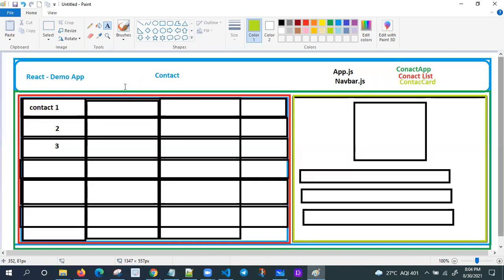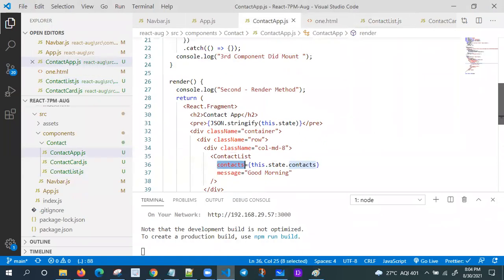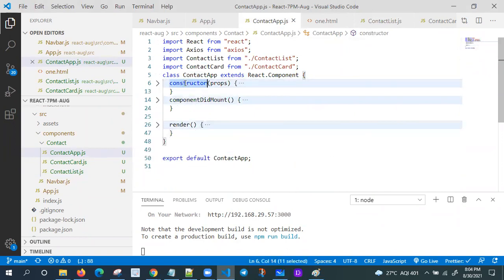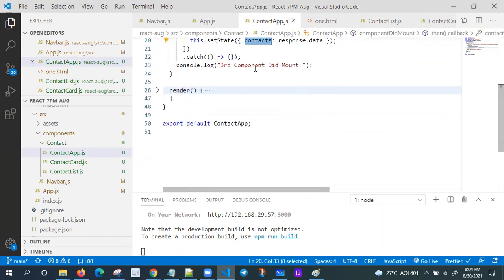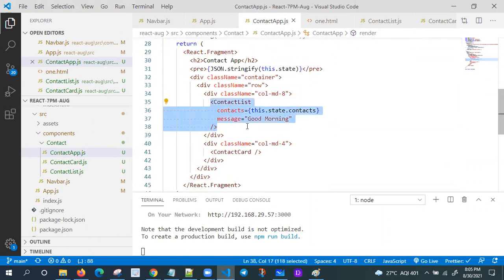What happened here? We have one class component. The class component is rendering, and we have some lifecycle component methods here. So if you go to this contact one, first the constructor is going to execute, then the render method, then componentDidMount. ComponentDidMount is invoking the API, and we are getting the data. And I'm updating my component data with the setState method. Once updated, I'm sending this data as a property to another component. Yes or no? I'm sending some data to another component.